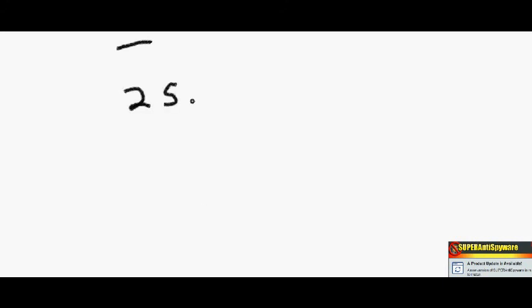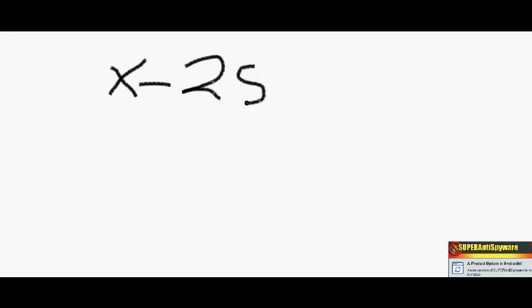So we have 25. The difference between a number, so x minus 25, right? The difference between a number and 25 is less than 82. Well, this answer is going to be less